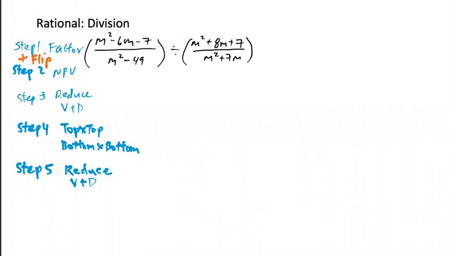Rational division. So I've only prepared one video for the division. Why is that? Well, it is exactly the same thing as multiplication, but with one extra step. That's the flipping, because we're dealing with the division. All right, let me demonstrate. So first, let's color code everything, just like what we've been doing.